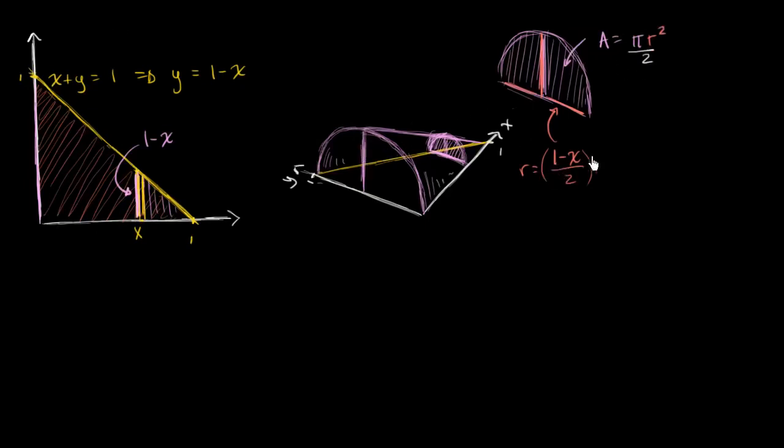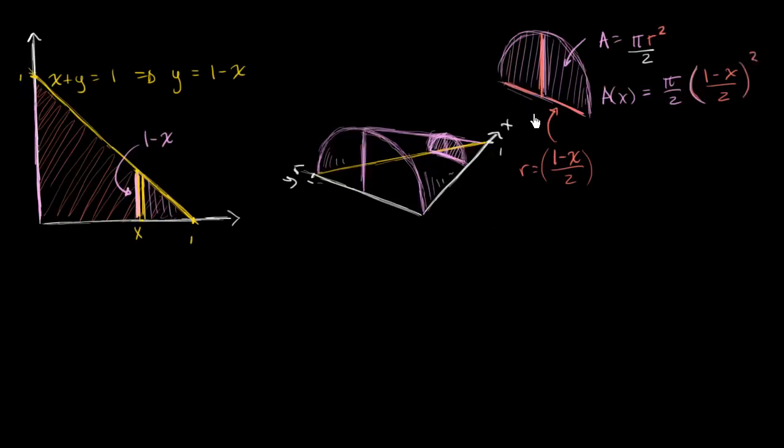So in terms of x, I guess I could say our area as a function of x right over there. Let me write it that way. Our area as a function of x is going to be pi over 2 times 1 minus x over 2 squared. So it's 1 minus x over 2